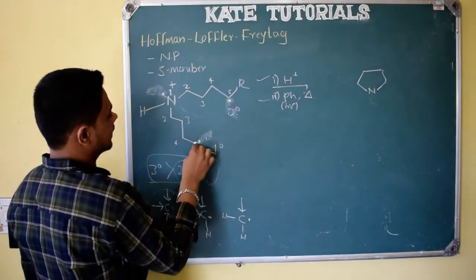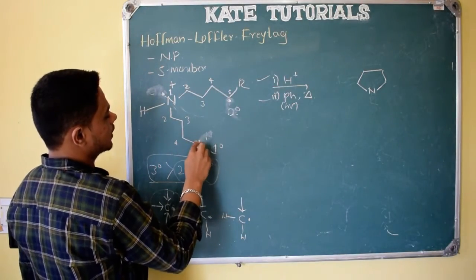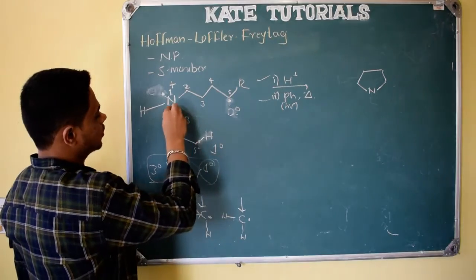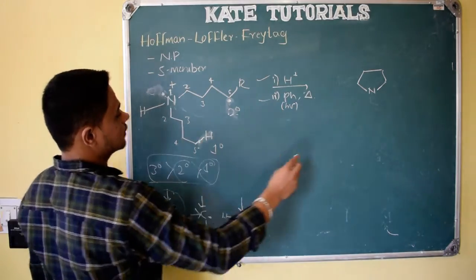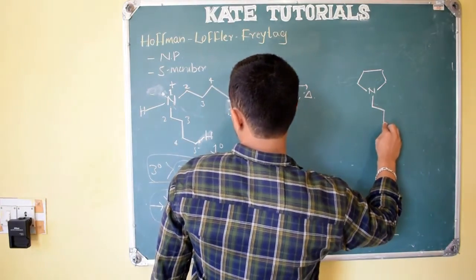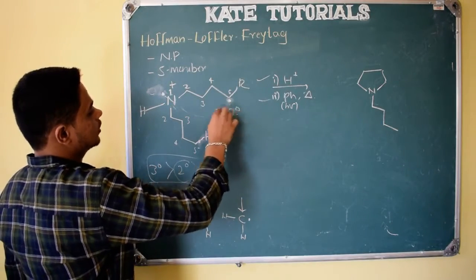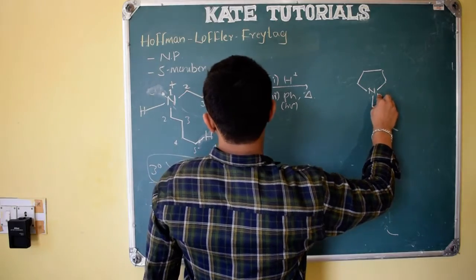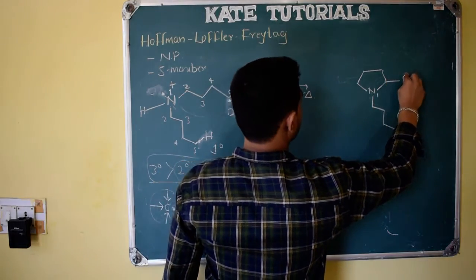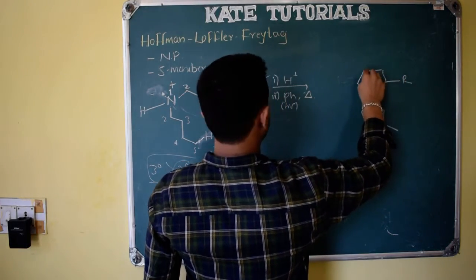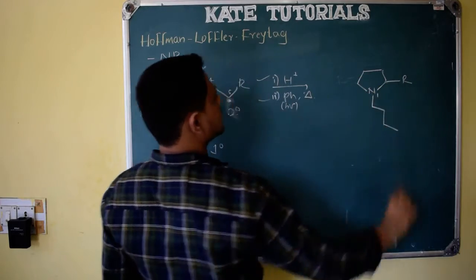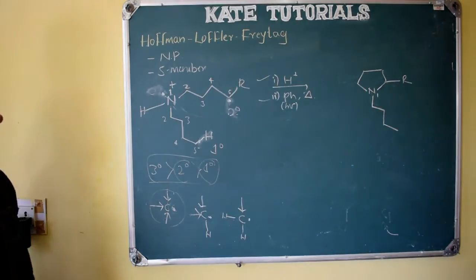So it is nitrogen containing, and here no ring formation occurs. So it will be as usual, hydrogen only. So what happens? 1, 2, 3, 4. This is the product we will get. And cyclization happened here. If I mention this as 1, and this is the fifth carbon containing R, 4, 3, 2, and nitrogen, right? So this is the product we will get, by cyclization.